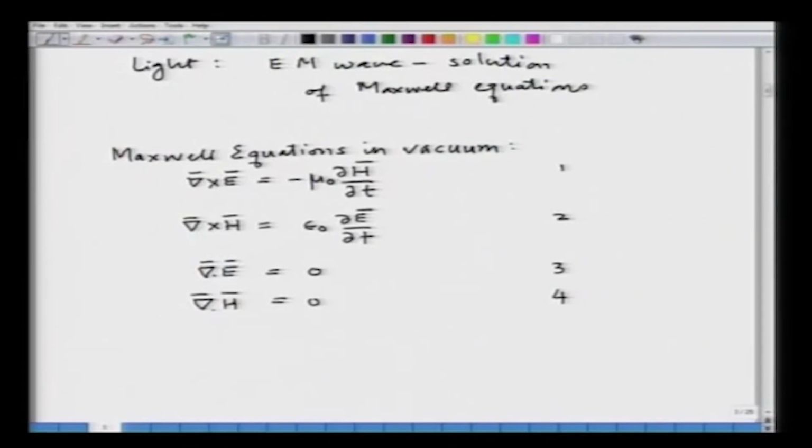In case of vacuum, Maxwell equations are these 4 set of equations that give the relationship between the electric field and the magnetic field in vacuum. The relationships are basically interrelationship of these two parameters, and these 4 equations derive this interrelationship. In this parameter, epsilon naught is nothing but electrical permittivity of the vacuum, mu naught is magnetic